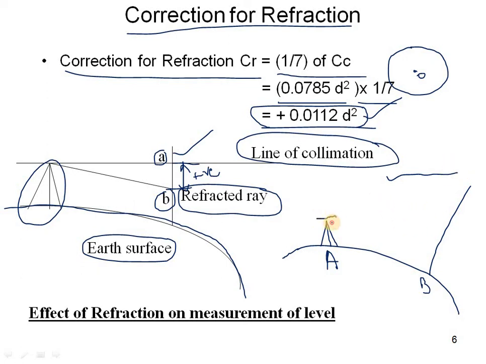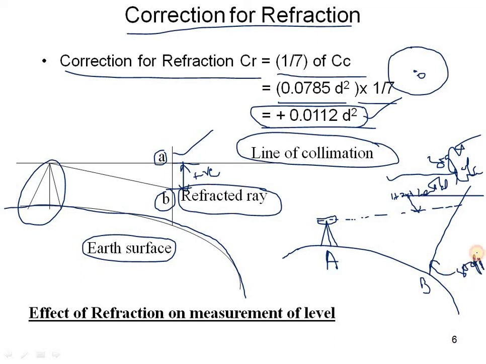So here, whichever readings we are seeing, this will be, as I have told, the horizontal line of sight. We will write this as horizontal line of sight. This is the horizontal line of sight, and as we told, this is our staff, that means the leveling staff which is there.